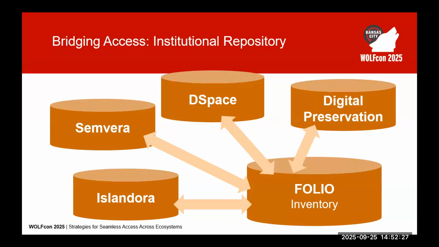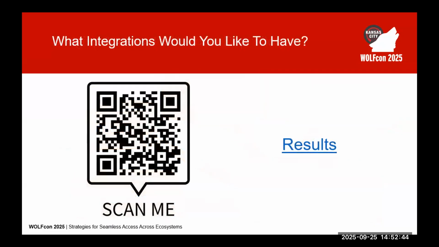Is there interest in having digital preservation and institutional repository cataloging built in as yet another app in Folio and expanding the capacity of Folio? This is something that I'm personally really interested in, and I would love to see something happening in that area. But I wanted to end with a question to you all. We talked a lot about expanding on Folio. We talked a lot about creating additional capacities and integrations with other services and data sets and how we can leverage all that data that's out there and expand on Folio.